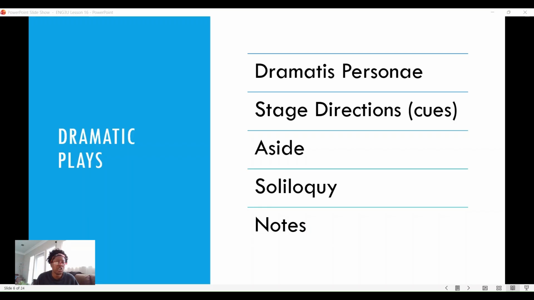Most of the time, it's the major characters, just because if there are a lot of characters, in particular minor characters, it can get a bit long. But you usually will see a list of all the characters that appear in the play. Their names are often accompanied by a brief note about that character's personality, their appearance, or their relationships with other characters in the play. That is dramatis personae. Again, this is typically the major characters,